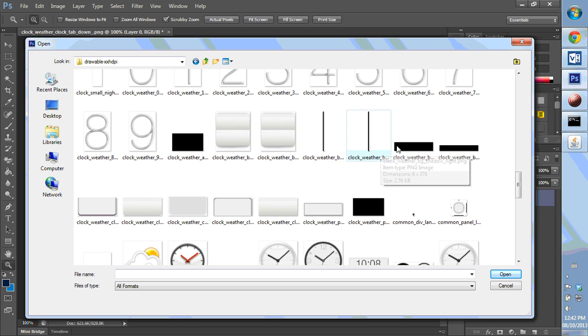Basically, these black ones you see have been reduced to zero transparency. If you're going to make a transparent widget, you're going to need to reduce these to zero transparency. So once that's done, basically all you're going to theme are the two clock weather clock tab down left and the up left. Now, HTC only uses the left side of the widget to theme the entire widget,